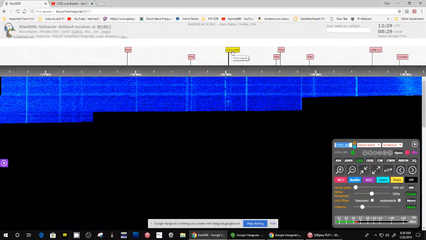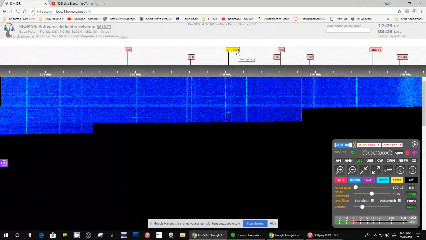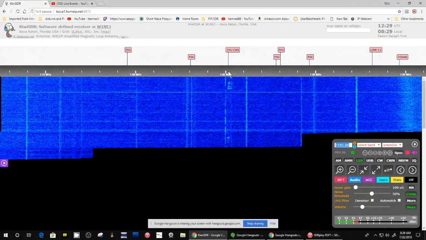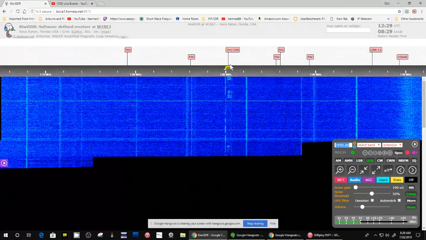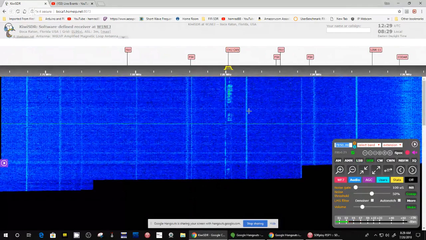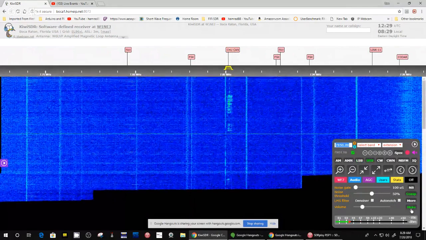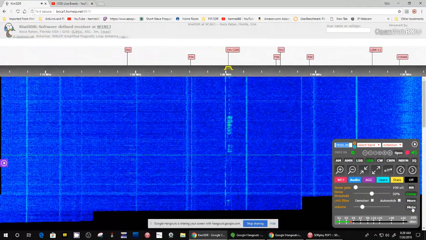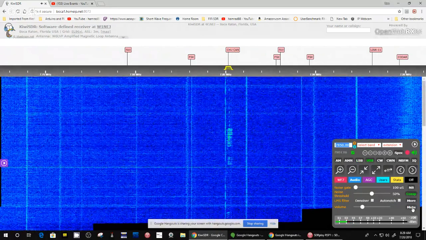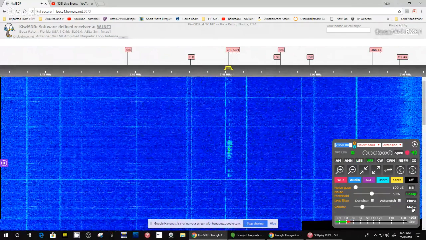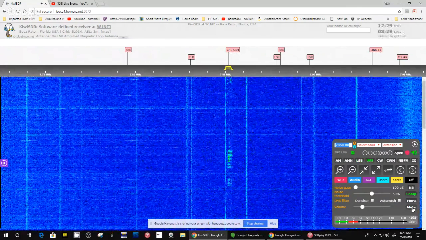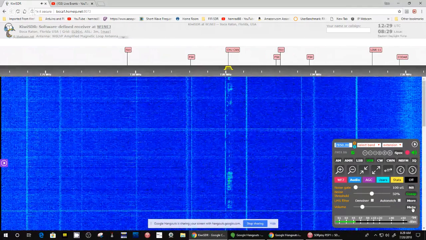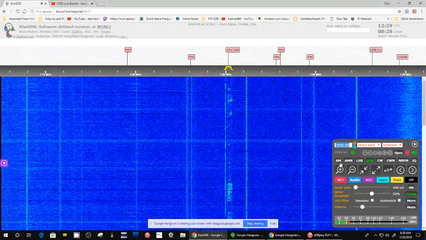Okay, I think this is CHU Canada. Yeah, it's a time signal from Canada. And there is something there, so let's click on it. That will tune it. I believe it not only tunes it, but it also sets the right mode. We'll turn off mute. Yeah, there it is. Oh, I got it on USB.